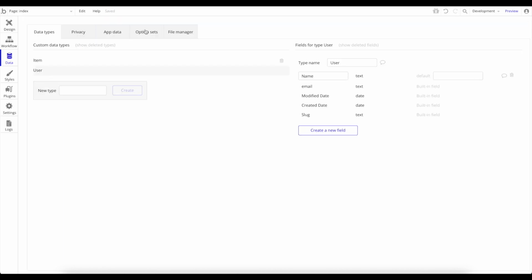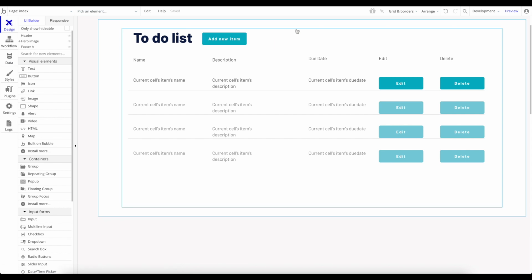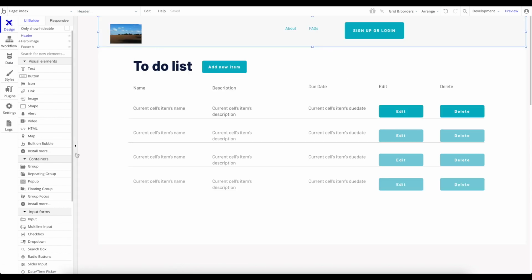So I'm going to show you exactly how you can do it from beginning to end. So the first thing that you have to understand is that this app is divided into different sections. And so we have the header here and we have the main page. The button that's going to invoke the whole login phase and the logout and everything like that is actually in the header part. And that means that the workflows and things like that will also need to be done in the header,